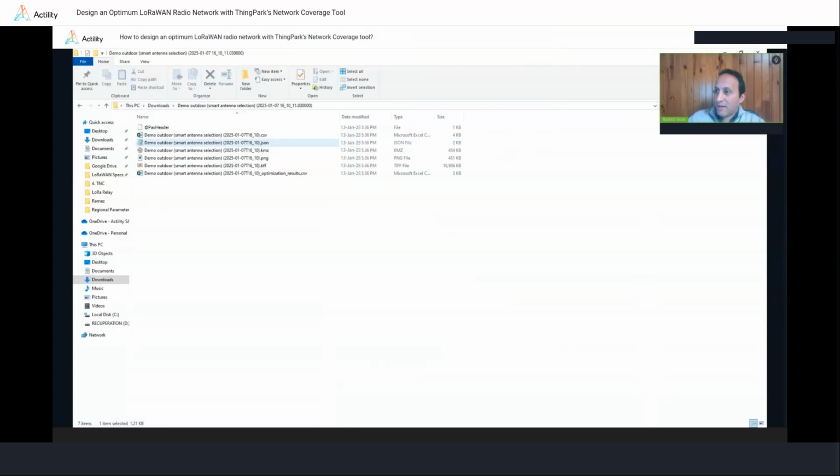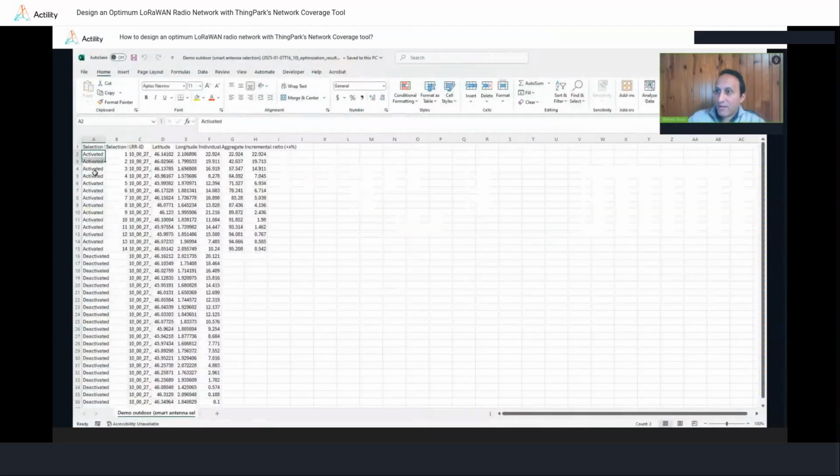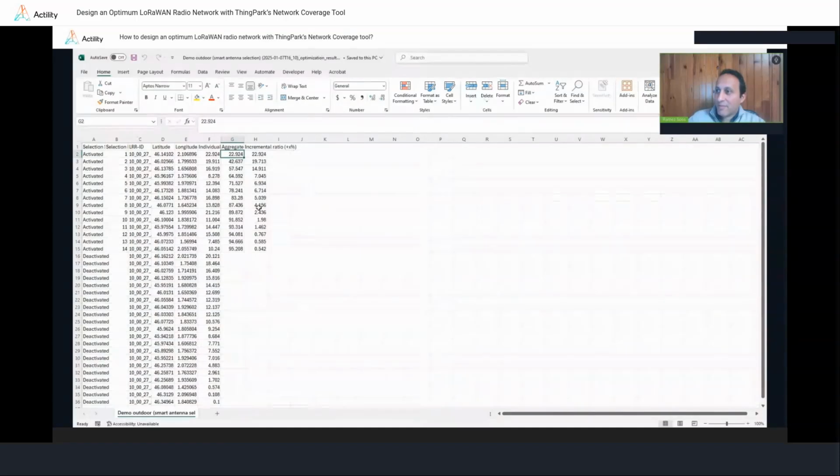And besides the different output formats, you also have the optimization results to tell you which gateways have been selected or activated, only 14 gateways, while the other ones have been deactivated because they have been seen as not necessary. And for all the gateways that have been activated, what is their individual coverage ratio, and what is the aggregate coverage ratio after adding each gateway to the list, and what is the incremental or the added value of adding each individual gateway to the overall coverage.